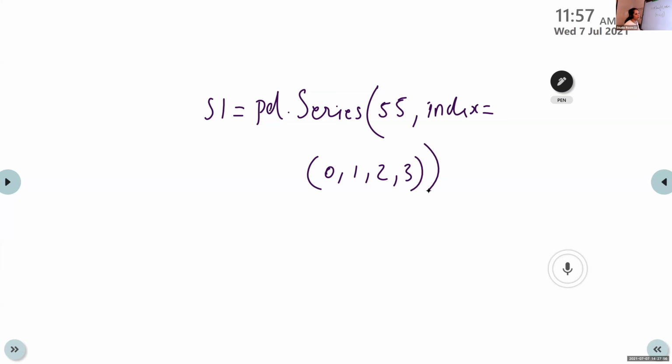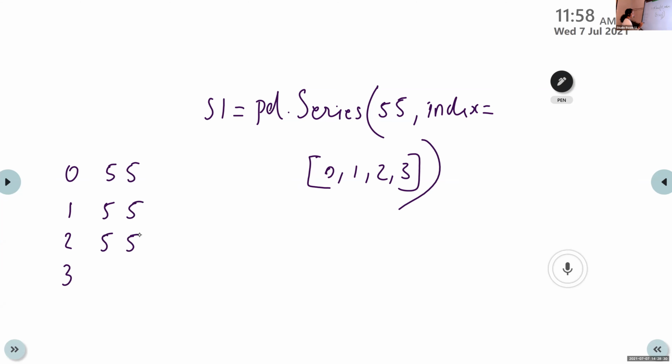Which bracket is used for representing the index? Square bracket, correct. This is the statement for creating a series with a single integer value. Our output is 0, 1, 2, 3 and all the data values are 55. This is series creation using a constant or scalar value.